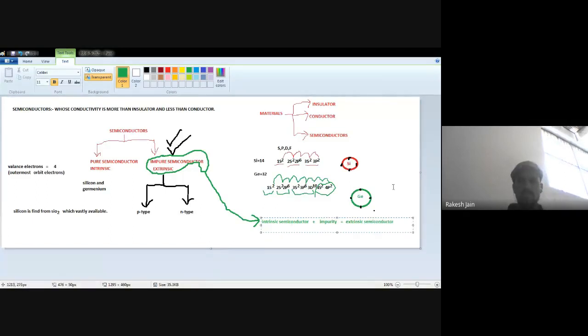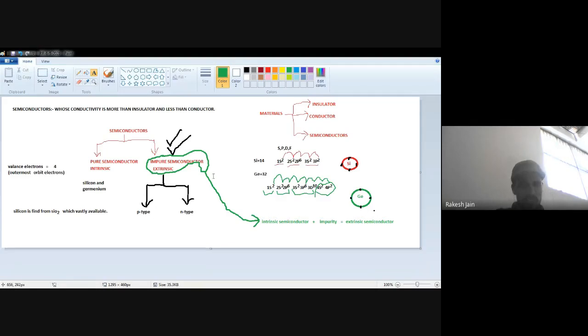As a result, we will find extrinsic semiconductor. In intrinsic semiconductor, some impurity will be mixed so that we will find some extrinsic semiconductor. Okay, this process of making the extrinsic semiconductor with the help of mixing of impurity,